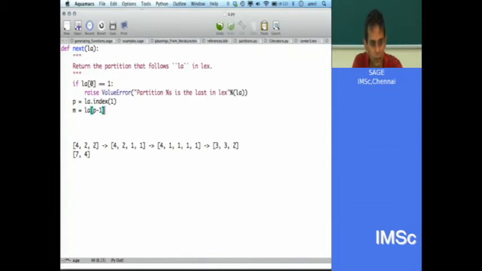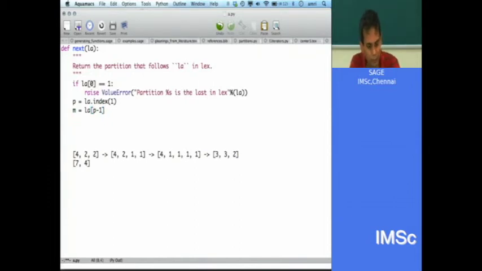right. And then I would take the sum of all the stuff, so suppose I had something like 1 1 1, then I would want to take all this stuff. Now this part will remain untouched. Yeah.